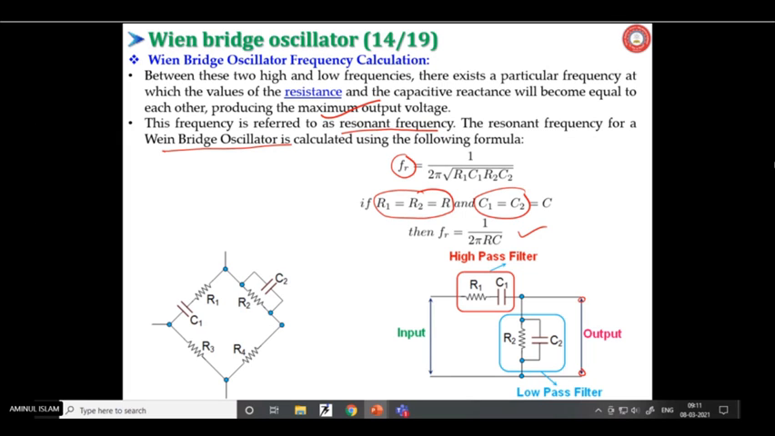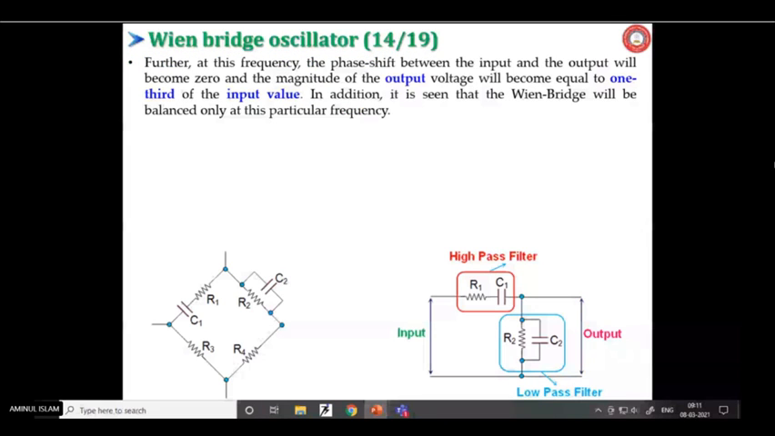Yes, sir. Okay. Further, at this frequency, the phase shift between the input and the output will become 0, and the magnitude of the output voltage will become equal to 1/3 of the input value. In addition, it is seen that the Wien bridge will be balanced at this particular frequency. Balanced means